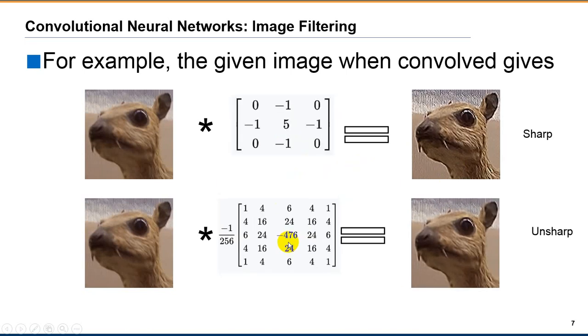in machine learning, we make many filters. We learn many filters from our input data set, and all these filters are learned by back propagation, and we have many filters to extract many features from an image.